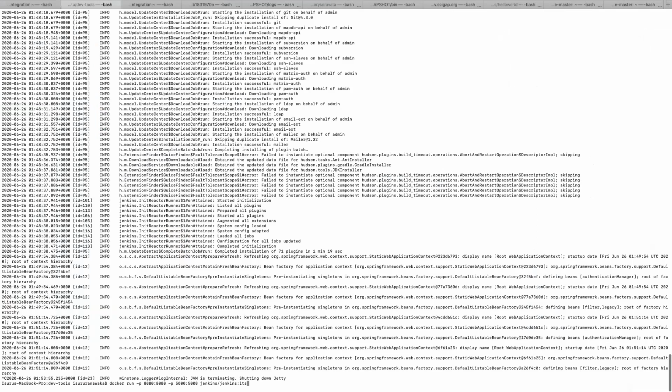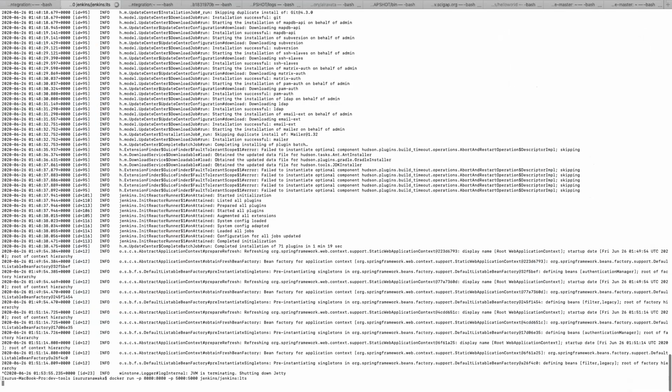Yeah, I'm going to run the Jenkins server through Docker. So this command will basically